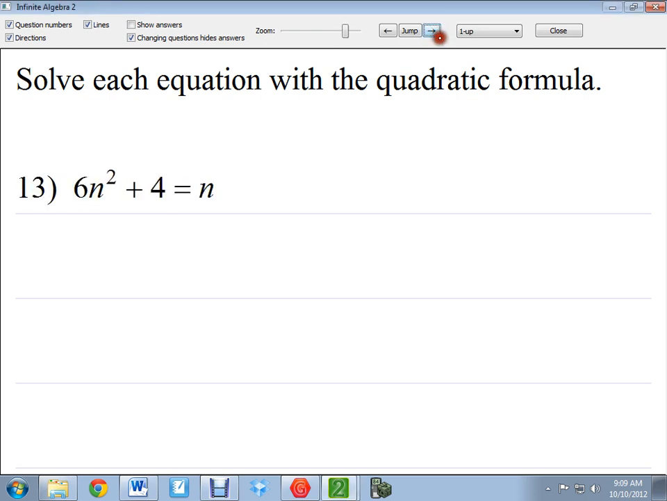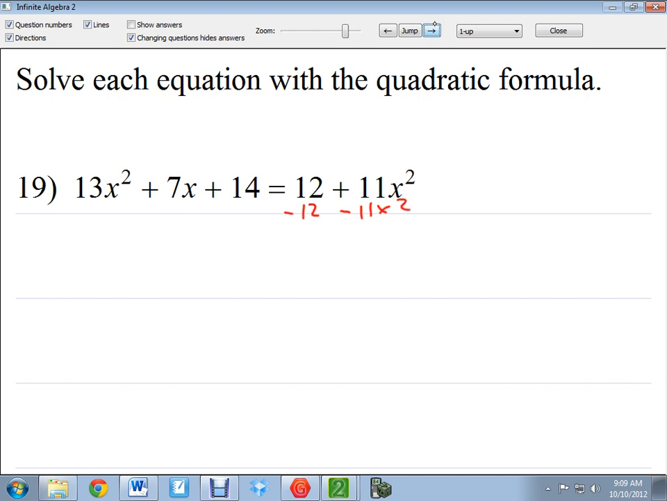Just another example real quick. I'll find one that looks somewhat difficult. Yeah, that one looks maybe a little bit more difficult. Let's go ahead and subtract the 11x squared and subtract the 12 from both sides in order to get this equal to 0. And that'll get me 2x squared plus 7x plus 2 is equal to 0. Now obviously this is not factorable. We cannot find two numbers to multiply to 4 that will add to the 7, so we have to use